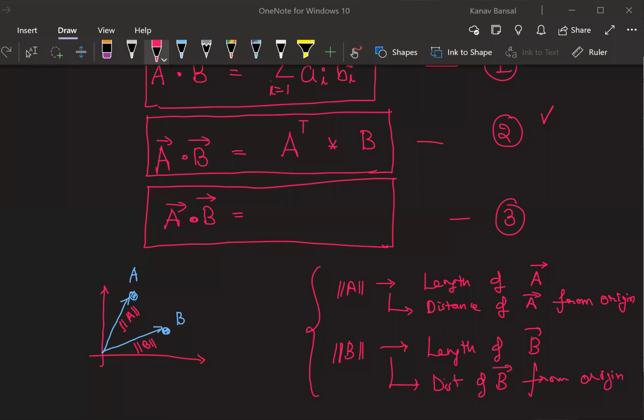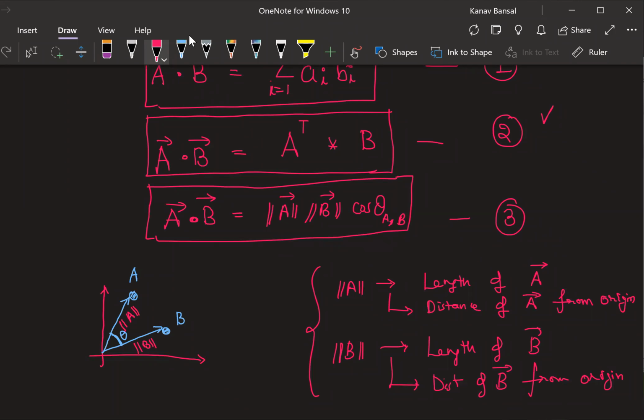Perfect. Now, do you also see that there is some angle between these two vectors? Can we call this angle theta? It can be anything, you can use any angle here. Yes, correct, Shweta, correct, Dilip. So the formula I'm coming to is: calculate the length of A vector, calculate the length of B vector, multiply them, and multiply with the cos of theta, where theta is the angle between A and B. Is it clear to everyone?